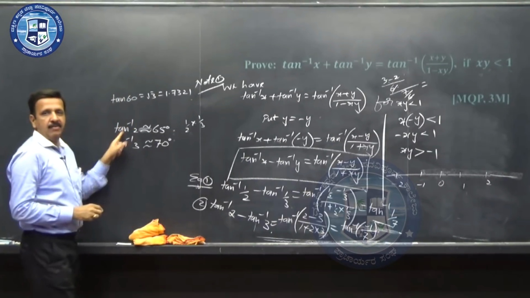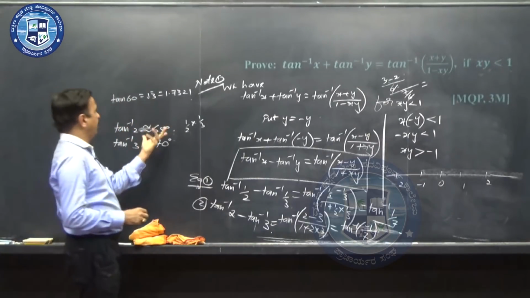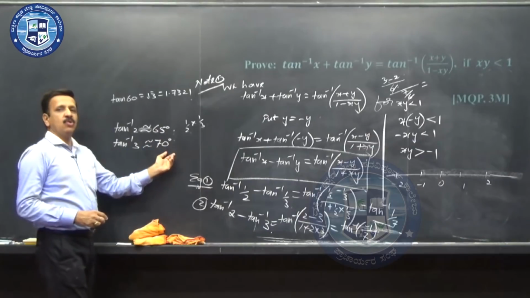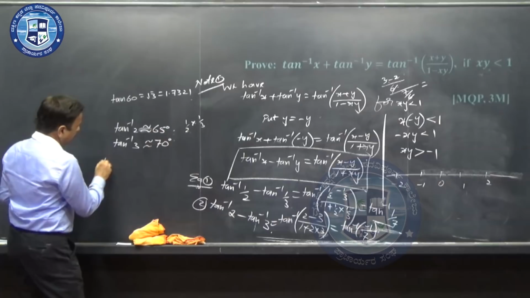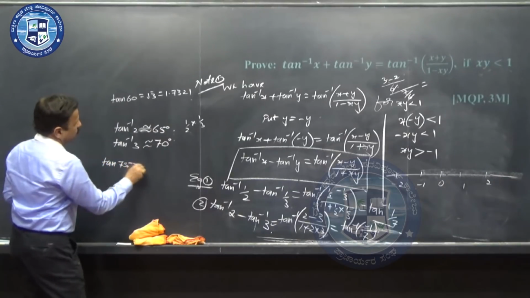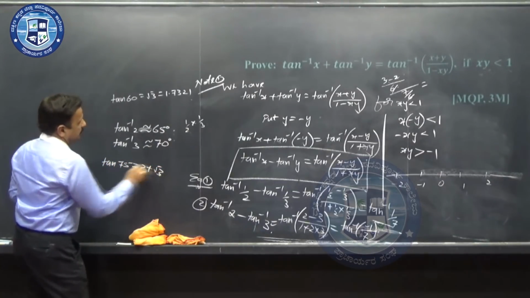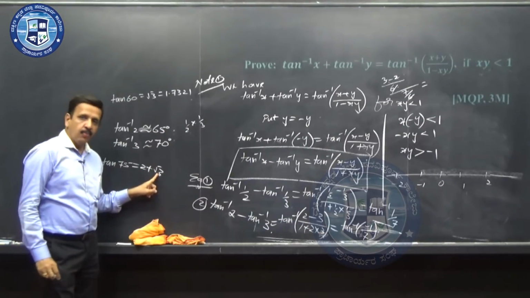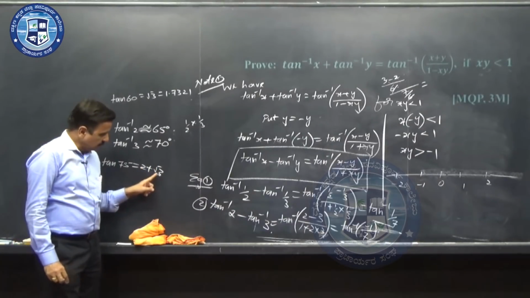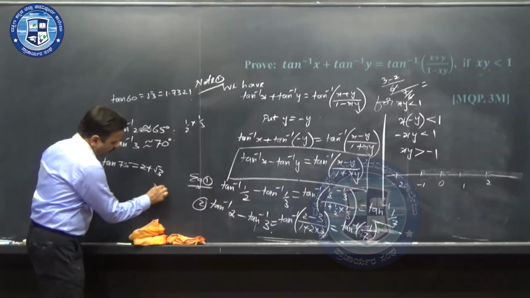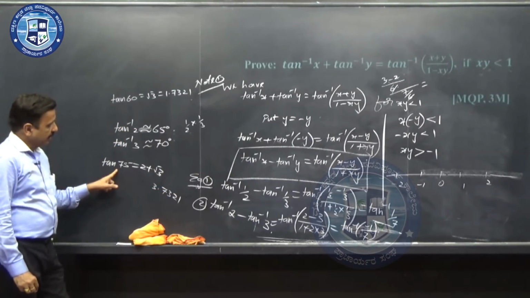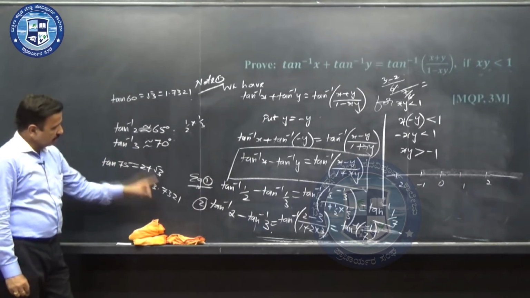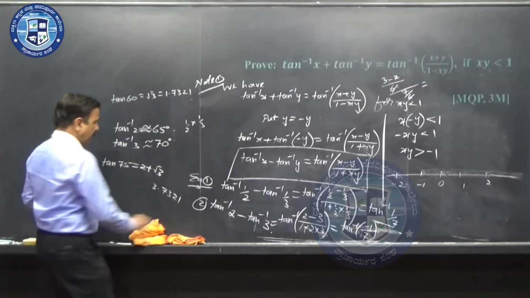Definitely it is more than tan inverse 2. Tan inverse 2, if I have taken 65 degree, tan inverse 3 must be slightly more than that. And you can check, for example, tan 75 is equal to 2 plus root 3. Root 3 is 1.7321, so 2 plus 1.7321 is nothing but 3.7321. For that, the angle is 75 degree. But I am taking only 3, not 3.7. So, approximately 70 degree. Okay.